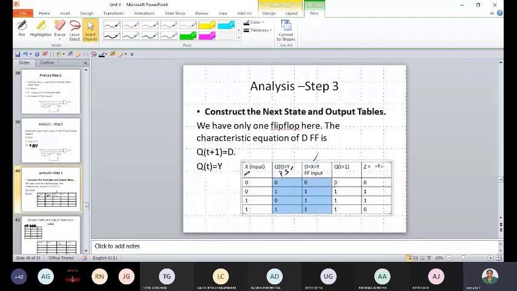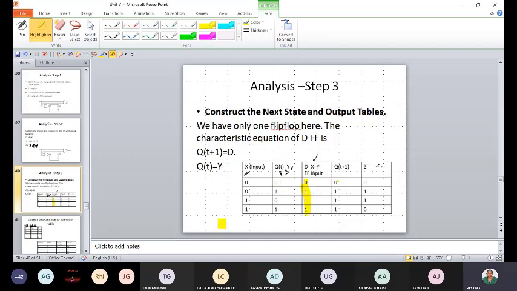See, whatever is there in the input, the same input will appear in the output with a delay. That is why for the next state also, whatever is there in the input of the flip-flop is appearing at the output, namely 0, 0, 1, 1, 1, 1, 1, and 1. And what is the output of the entire circuit? That is nothing but x XOR y. So this is x and this is y.